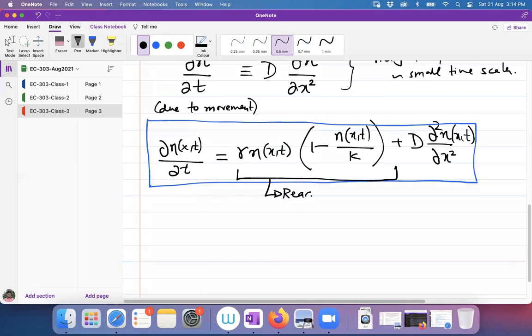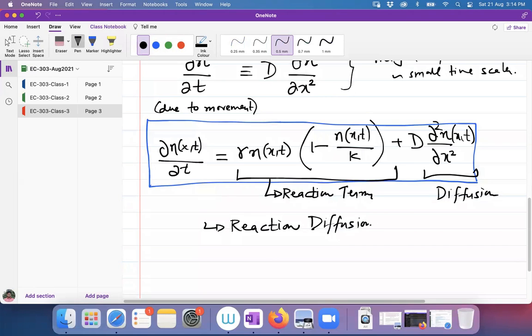This name reaction comes from chemical reaction literature. This is called the diffusion, obviously. And put together, these are called reaction diffusion equations, or reaction diffusion model in this case. Okay. And this specific model where we have a reaction term that is a logistic term, and we have a diffusion term, is also called the Fisher